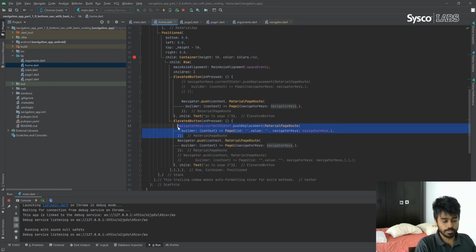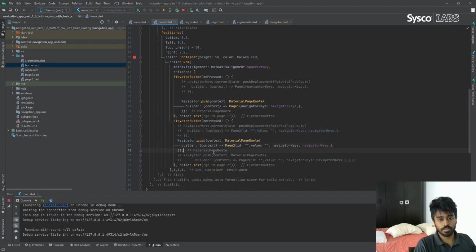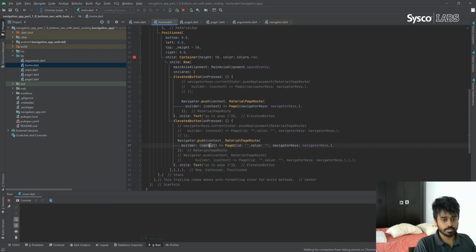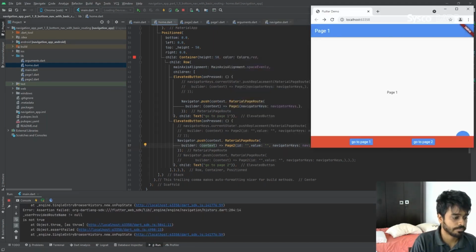Let me comment this for now. Okay, now we want to go to page 2, right? So let's copy page 2, it is here. Now when you press this button, it should navigate to page 2, but let me show you why it will not work.